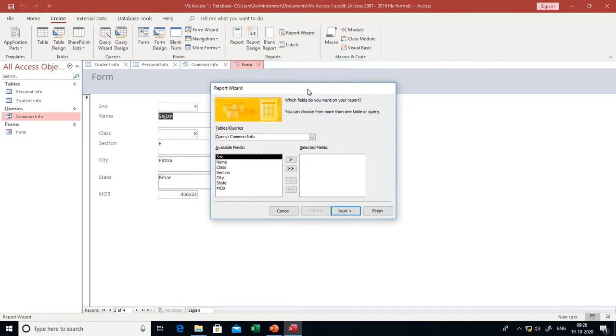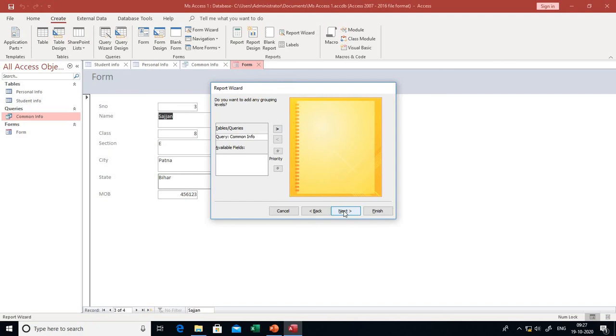The same window will appear in front of us. First we choose our table for the report. For example, I'm choosing here common info and adding all the field names we want. Click on next.